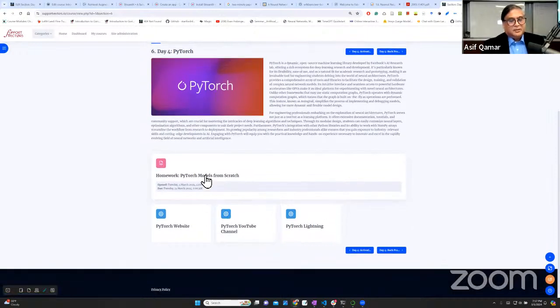Now, I've released a homework which should keep you entertained. It's a very basic homework. If you just get started with PyTorch today, you should be able to finish it before the weekend comes or during the weekend. There's a PyTorch website,